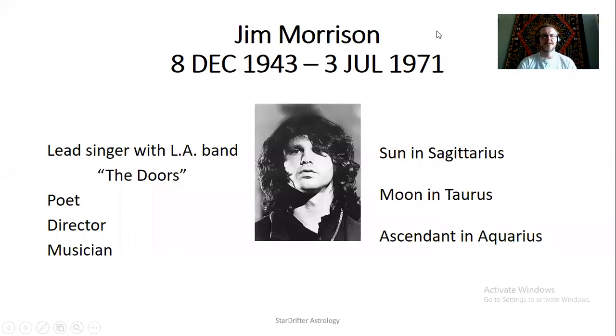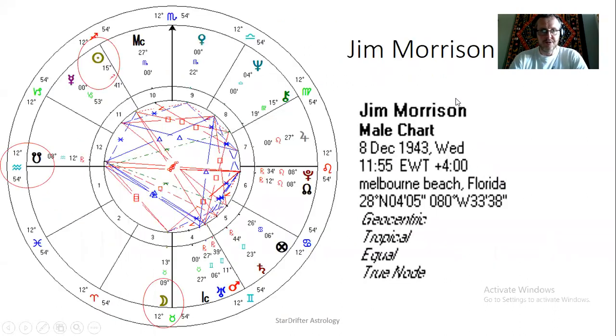Okay, so this is the chart interpretation for Jim Morrison, lead singer with the Doors, also poet, director, and musician. Three main chart features: Sun in Sagittarius, Moon in Taurus, and Ascendant in Aquarius. So Jim Morrison's Ascendant here,